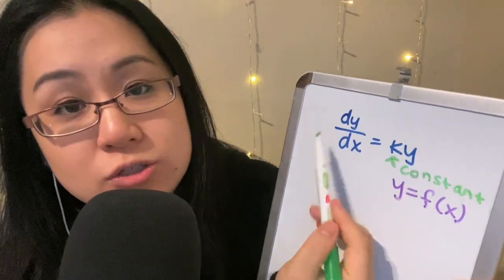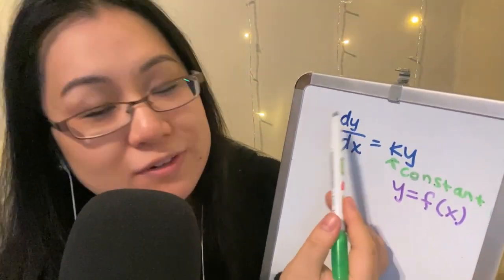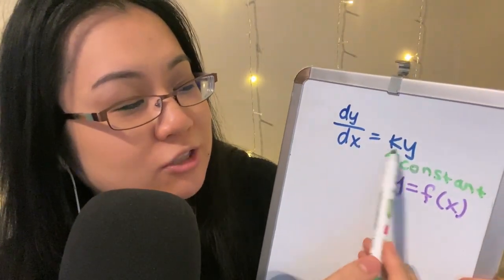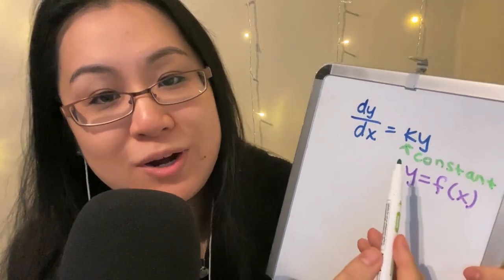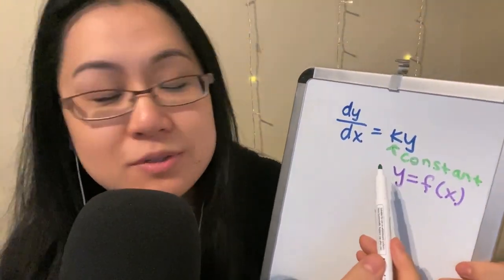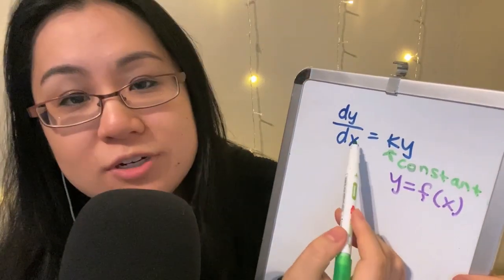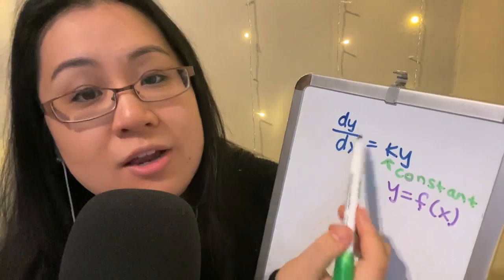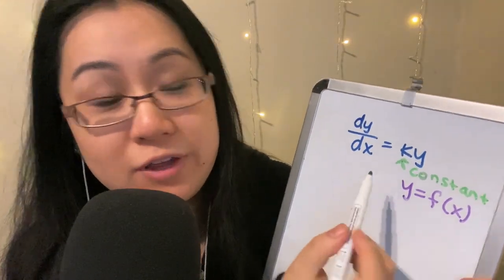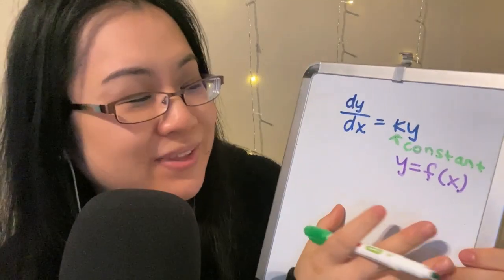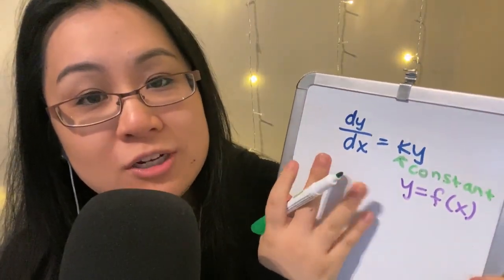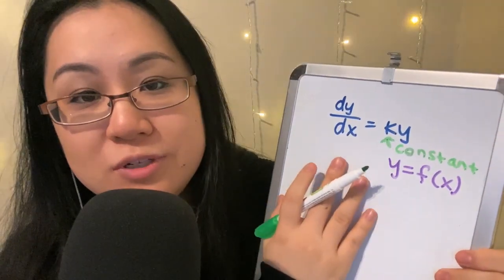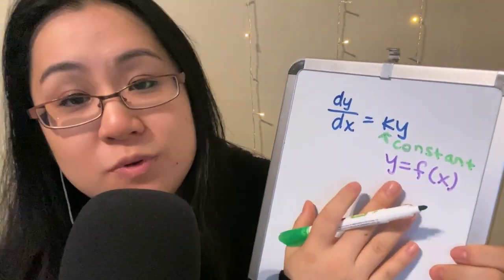And this is a differential equation because it involves a derivative and something to do with my function. And I actually have a special case here where this equation is separable, meaning we have this little trick where we can put all the y terms over here and the dx over here, and we have a trick to directly solving, and sometimes we're not that lucky. So for this kind of differential equation, it's called a separable diff EQ, and so we're going to do a little derivation and get what the general form of y is.